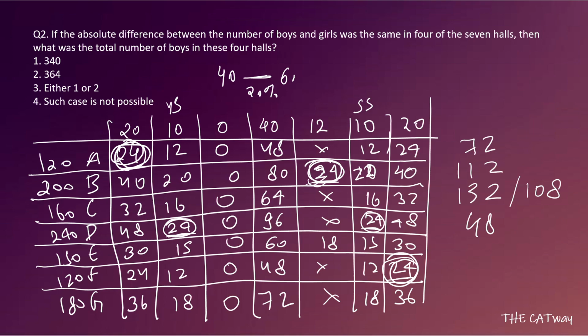Acha, you must be wondering why we didn't take, in A also it occurs 2 times, but why aren't we taking that? We are not taking that because if we take this 24, we cannot take the 24 in F. It is possible only interchangeably. But in the case of D, both are possible individually. So we will go by that: 48, 112 and 72.